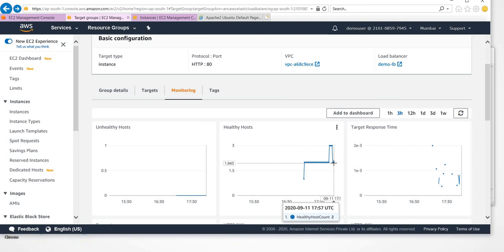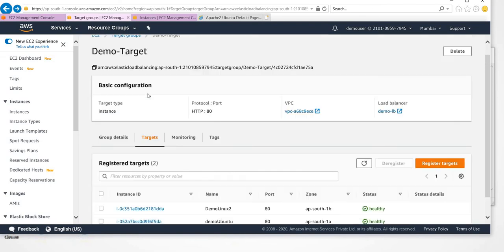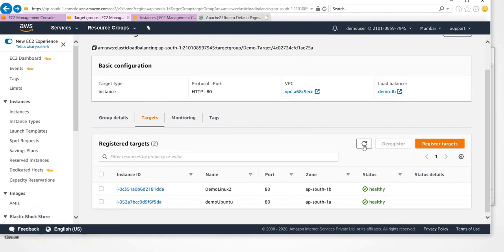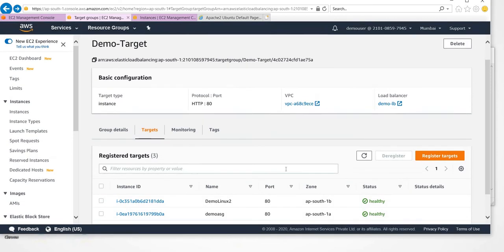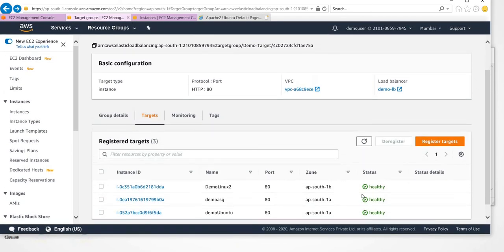It will take at least 2 minutes, since we have given 120 seconds. It will wait 120 seconds to boot the server up, and then wait for another minute or two for the health.html query, waiting for the reply. Once the new instance web server status is up, it will automatically move to up. In the target we have only 2 as of now. Yeah, now the third one got added.